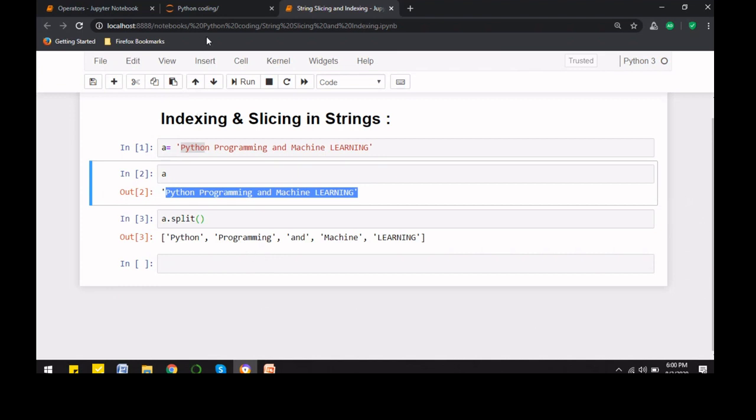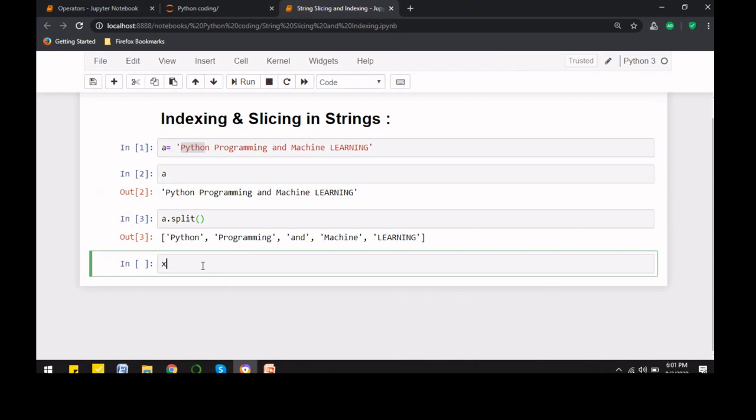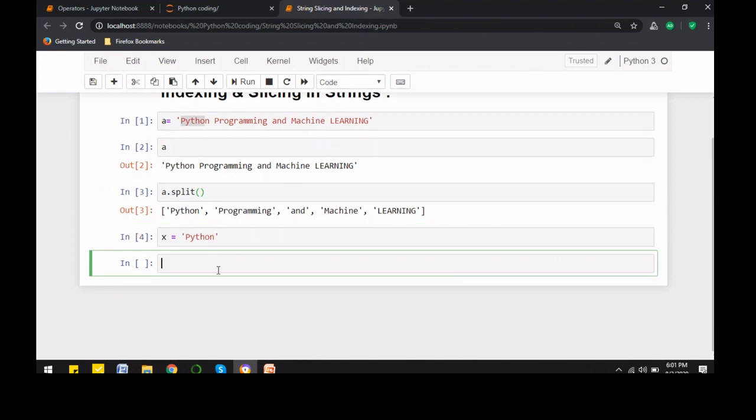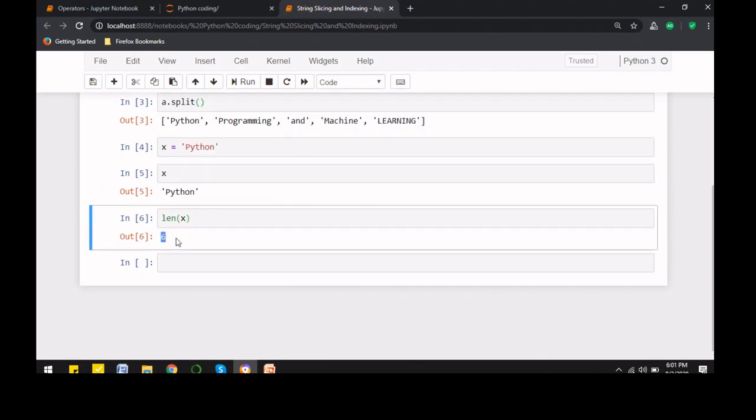Now coming to the main subsection of indexing and slicing, let's understand it. I will first take the example that I have taken in the slides. I'll start with Python itself. So this is the string. Let's see, yeah, it is the same. Now find out the length of this string, which is 6. Now let's access the first index, that is the 0th index, and see what value is stored here.